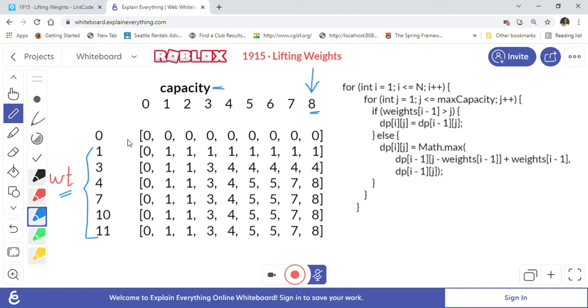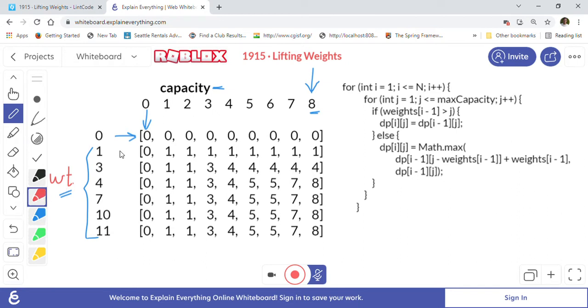So now we will populate the first row and first column, which will all be 0. Why 0? Because if you have 0 weight, then it doesn't matter what capacity you have, everything will be 0 here. And if you have 0 capacity, it doesn't matter how much weight you have, because your capacity is 0, so it will be 0 all the way down this column. So now we have populated the first row and first column. Now we will populate the